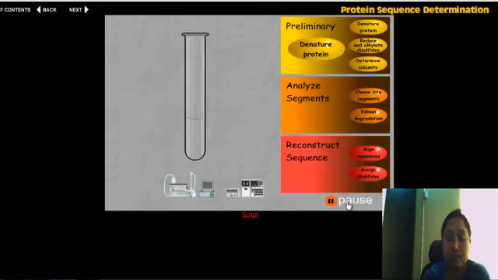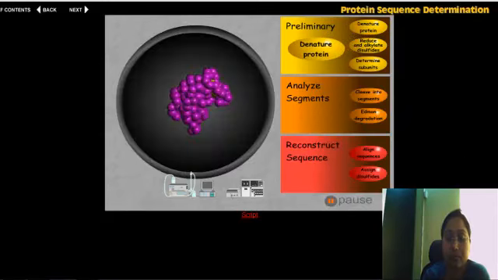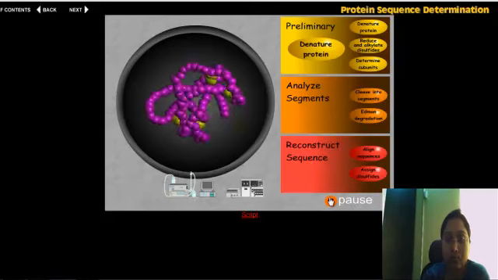Before fragmenting the protein, it must be denatured. That is, it must be unfolded from its compact globular shape into an extended linear form to make it more accessible to attack by chemical and enzymatic reagents. Here, each amino acid in the protein is drawn as a single sphere. Heating the protein or adding substances such as urea will denature most proteins.